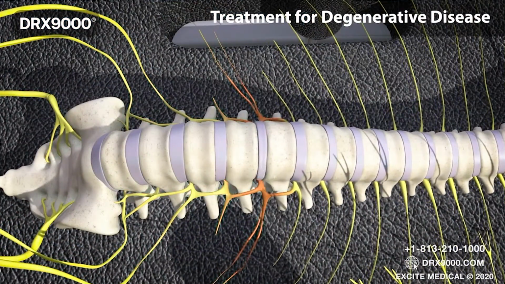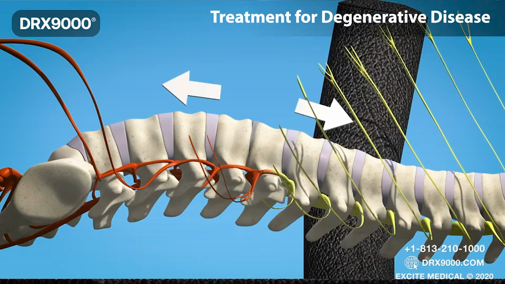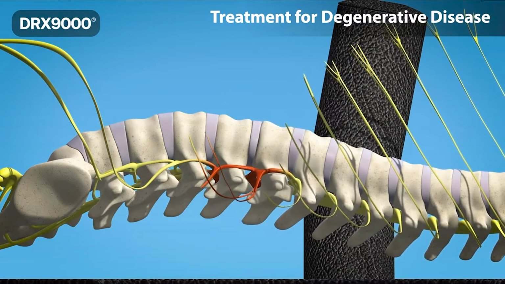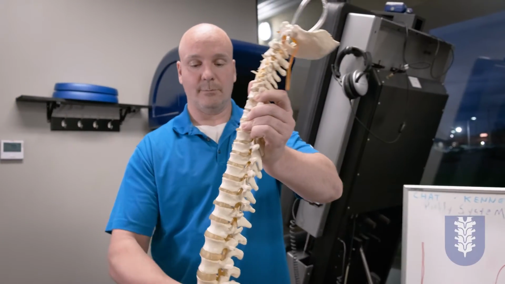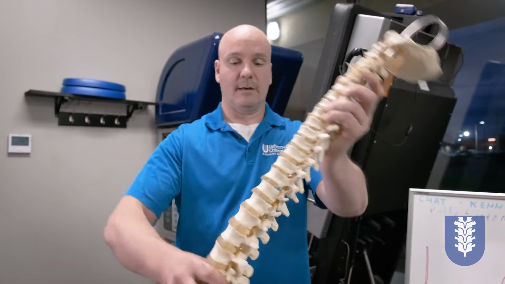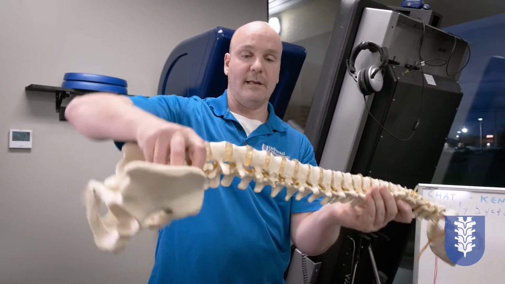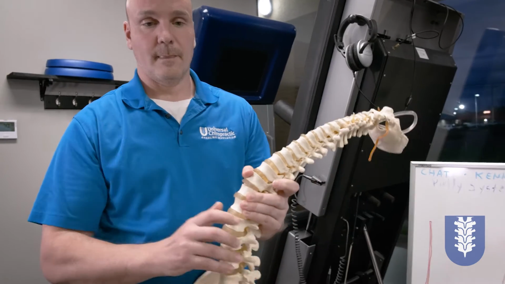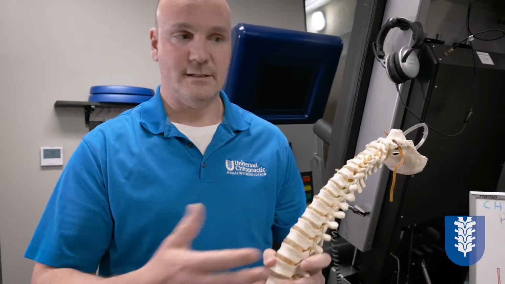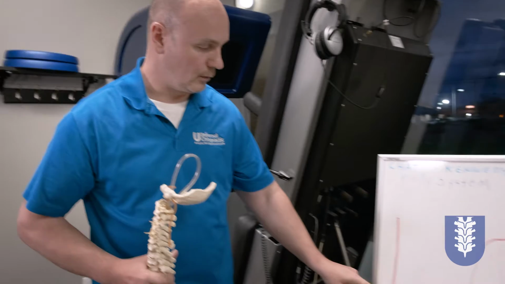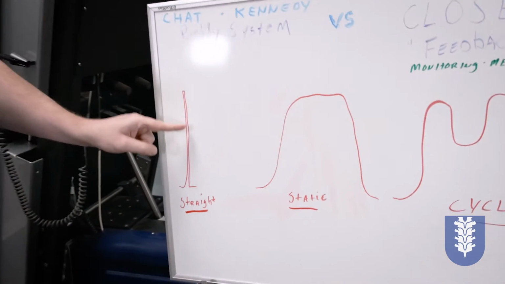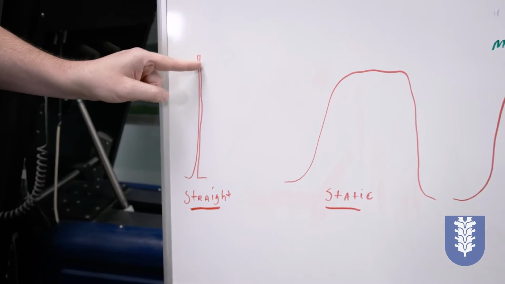So when we talk about an inversion table or spinal traction, essentially, if you've ever seen those tables where people will be standing upright and then they go completely upside down or at different angles, your body goes from point A to point B instantaneously. And we call this a straight pull. So here's point A, and you get an immediate traction, and it holds it there,